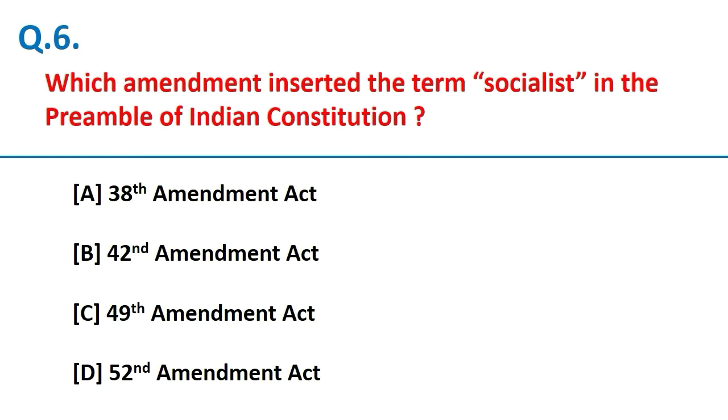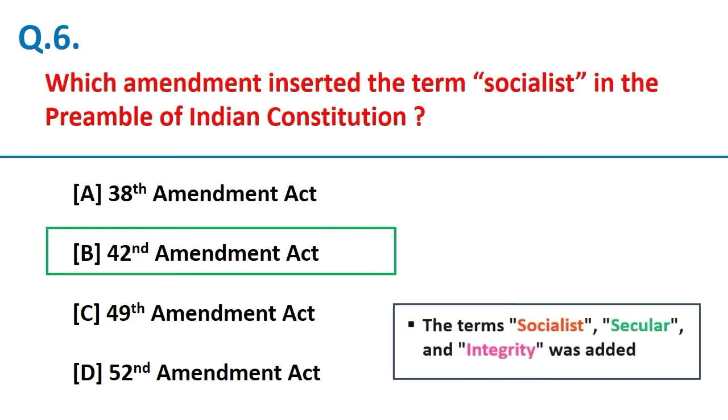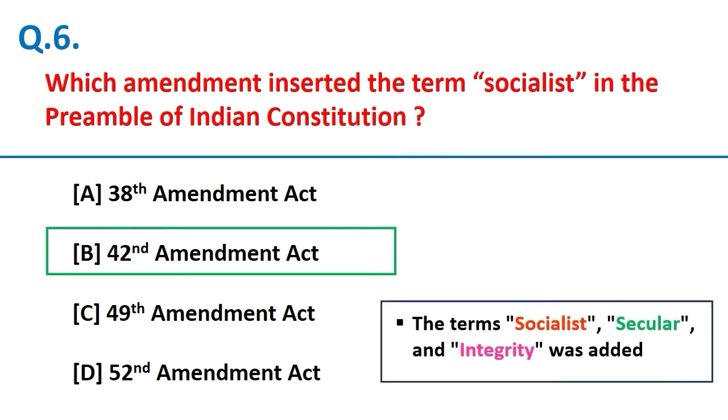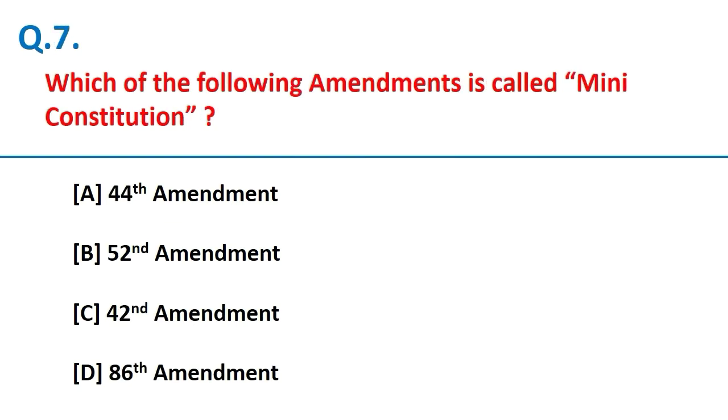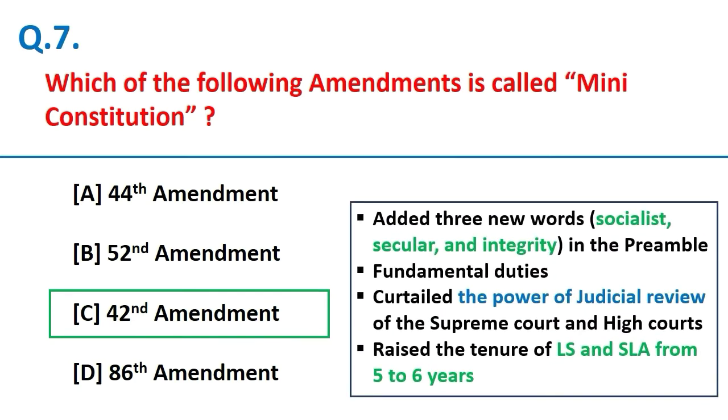Which amendment inserted the term socialist in the preamble of Indian Constitution? 42nd Amendment Act. By this amendment, the terms socialist, secular and integrity were added in the preamble. Which of the following amendments is called mini constitution? 42nd Amendment Act. Friends, it is called mini constitution because lots of provisions in the constitution were amended